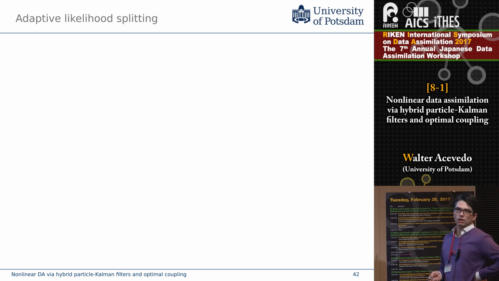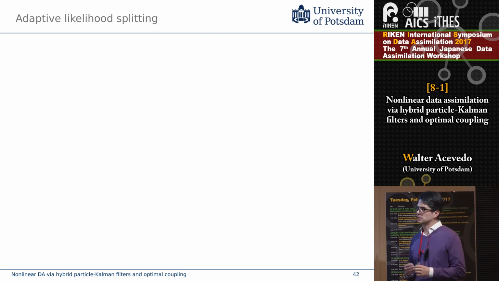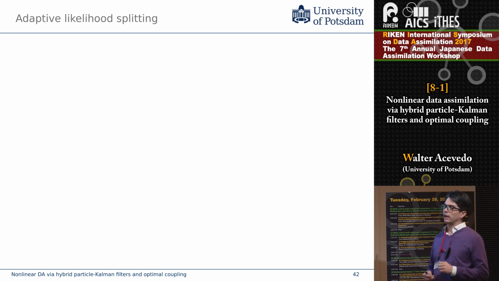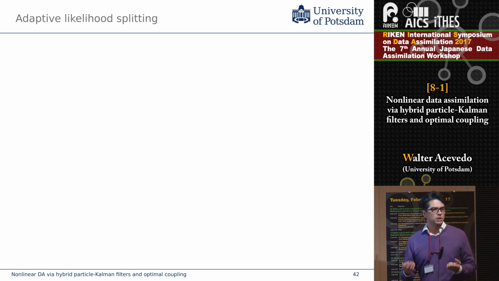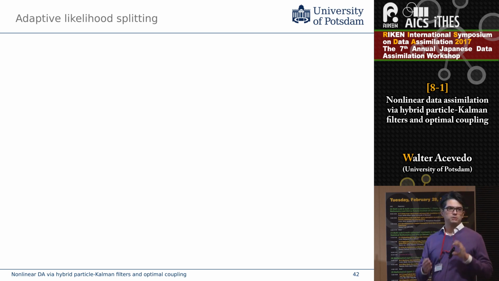An important aspect of spatially extended systems is that the conditions for the particle filter can be good in some areas, but in others not. So it would be important to apply some kind of adaptivity so that we can split the likelihood in different ways in different areas of the domain. And that we have done so far using